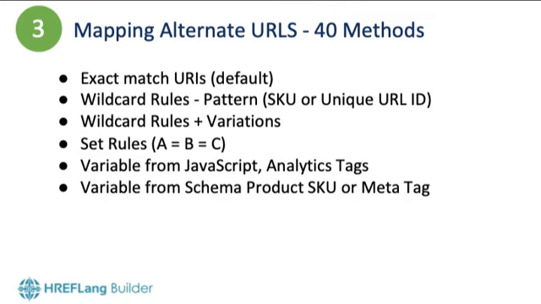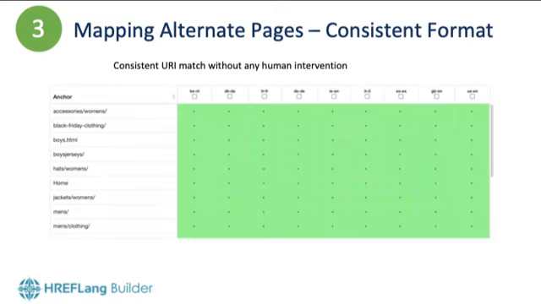Many people will track their global performance. Also, we can pull it in from product SKU or meta tag. Now, in a perfect scenario, when we import your URLs and if you have a consistent format, your mapping table will look like this. It will be green with a plus sign indicating the two conditions were met: that there was a URL for that market, and two, it did match